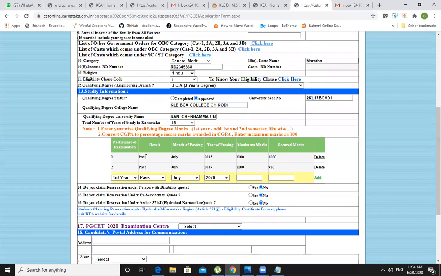As you people have appeared for the exam, here you need to choose for third year, that is awaiting. The probable month of passing would be July or August. Choose that one. Year of passing is this one, and here you need to add only the fifth semester marks, maximum marks and the secured marks in fifth semester. Done.